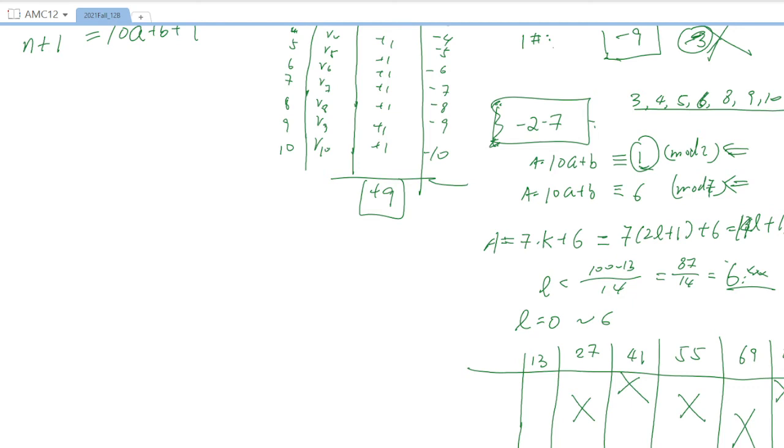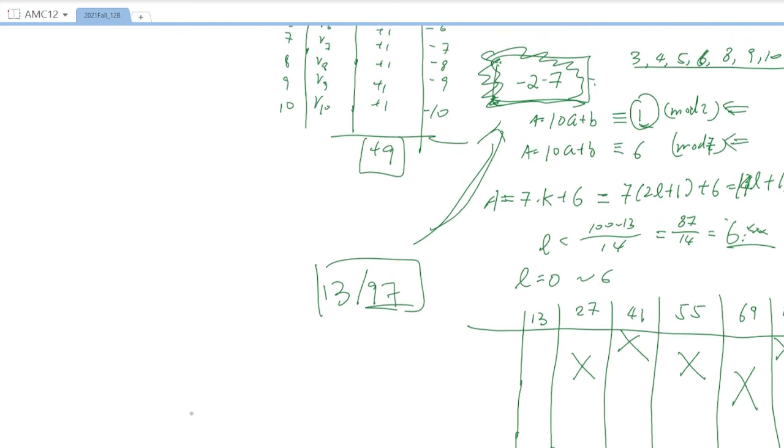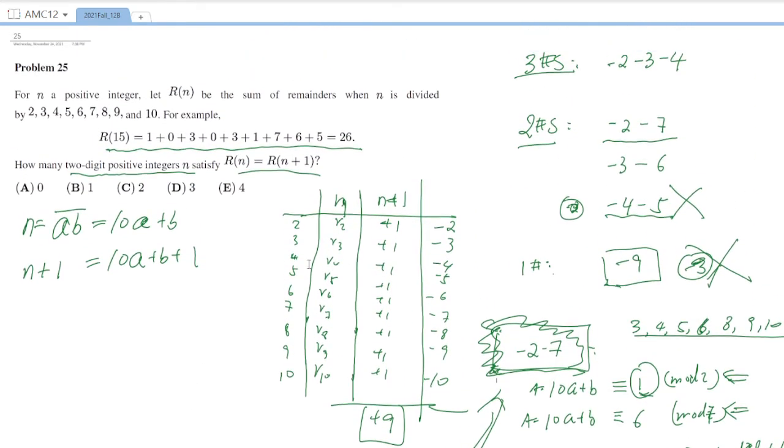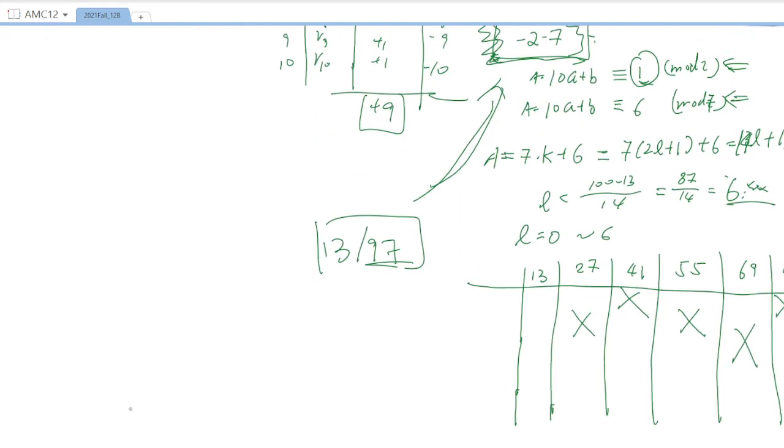Okay, great. So we found two solutions. 13 and 97 is the solution to this case. Okay, good. Now let's see the next one. The next one is the -2 and the -7, right? So case 2,